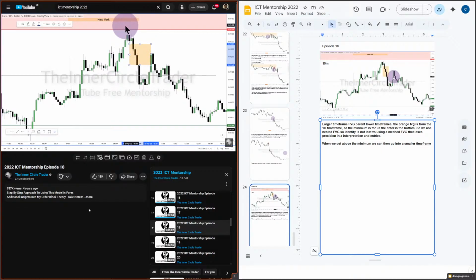So the logic is we ran up into this daily fair value gap. That's what this level was up here. This red line was the relative equal highs on the hourly chart. Remember that? And you're probably going to need to watch this video a few times because I've gone through a lot already, but I'm breaking down the market. And this run here is the run into that imbalance and above the relative equal highs. So this is the bearish order block.